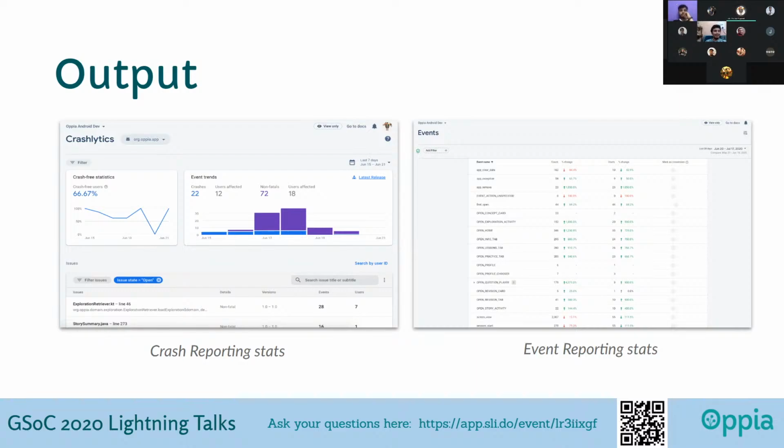Second image depicts the event reporting stats. This event reporting is basically whatever user does inside the application. Like suppose there's a user journey where a user particularly logs into our app and opens the profile page, then goes on to the home page, and then goes on to the question player. So what happens is the open profile is logged, the open home is logged, and then the question player is logged, wherein we get to know the question ID which the user played and the skill IDs related to that question. Next slide, please.